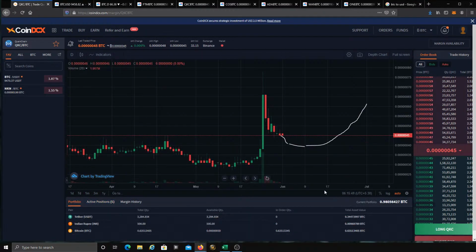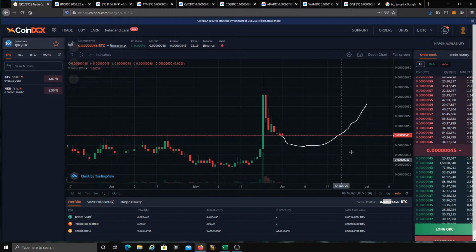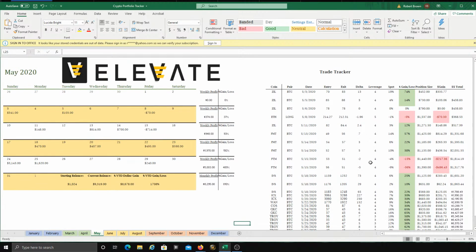And my portfolio is just shy of 1 Bitcoin. So in that last month, I took almost 0.05 and turned it into 1 full Bitcoin using this exchange, kind of walking you through some of my trades and my thought process and strategies around those trades. So if you have a small portfolio, you don't have a lot of money in your balance, or you're just using a couple $100 to learn margin trading alts and get comfortable with it, just like I did here,